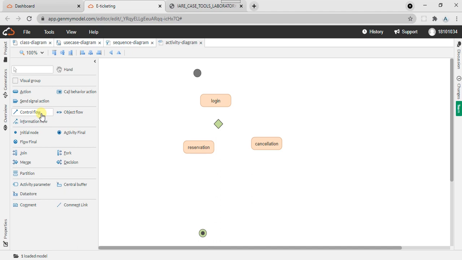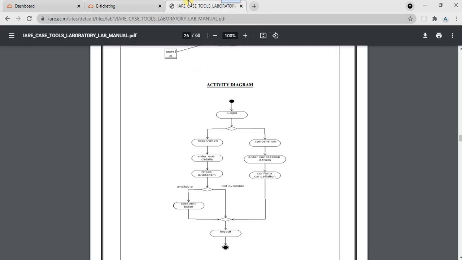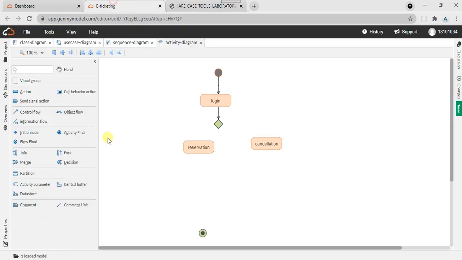Let's see how to connect these and all. Here control flow arrow is there, so we can use this to connect these two. Okay, then from decision there is two control flow.